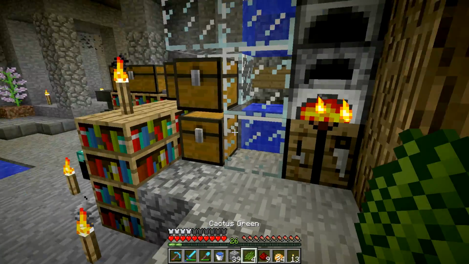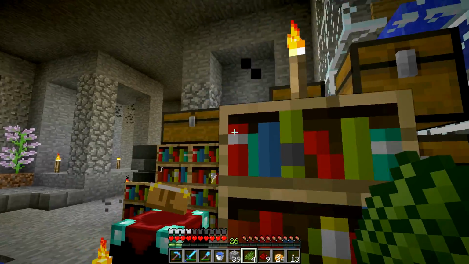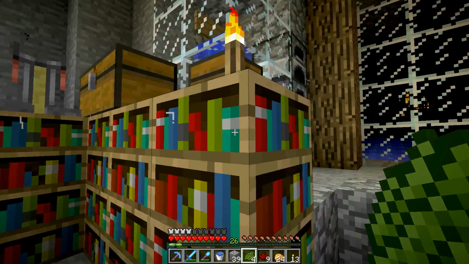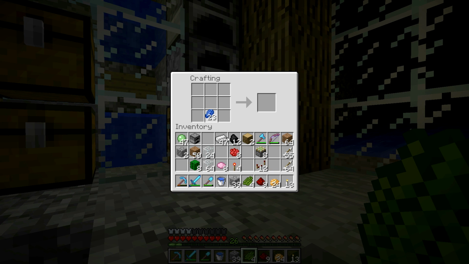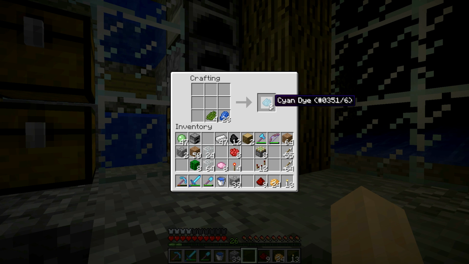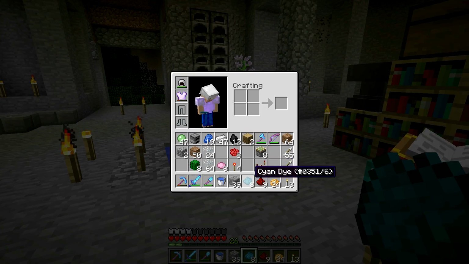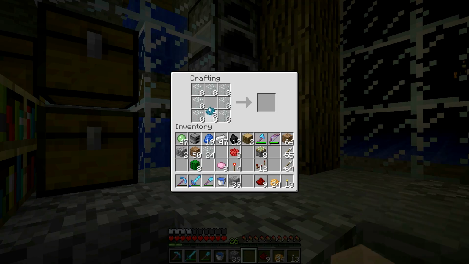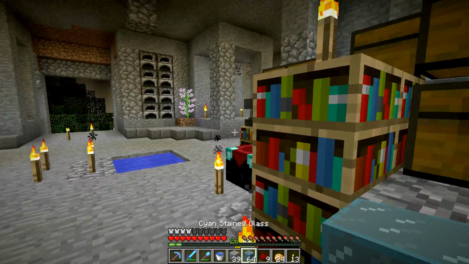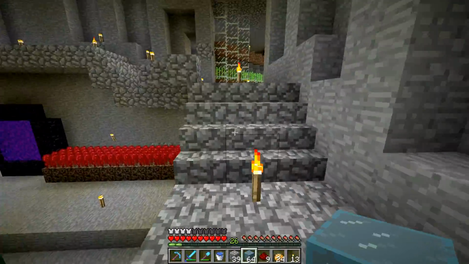So we're going to go ahead and make some dye. And where's the blue? Oops, I missed the blue. So, oh no, we have to get this kind of blue, the lapis blue. I think like this, cyan, there we go. Cool. So we got 8 cyan dye. That means it's enough for a whole stack of glass. Okay, cyan stained glass. Awesome. So this is the color we're going to go for